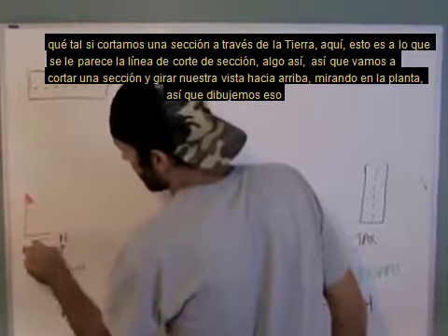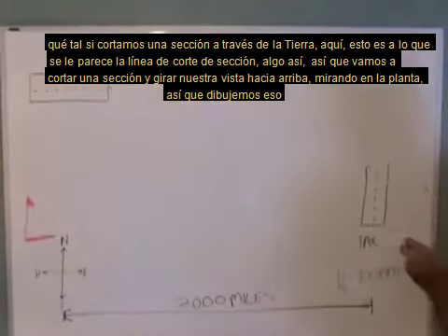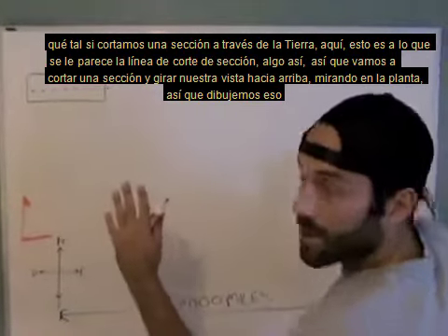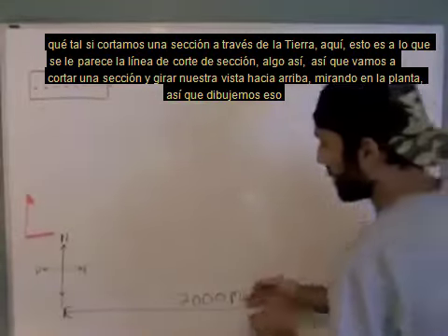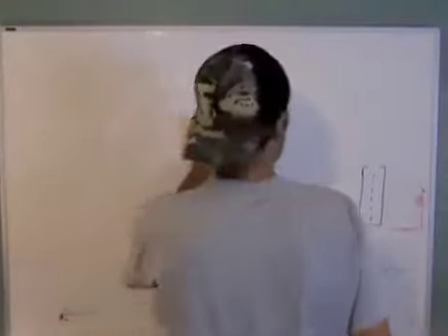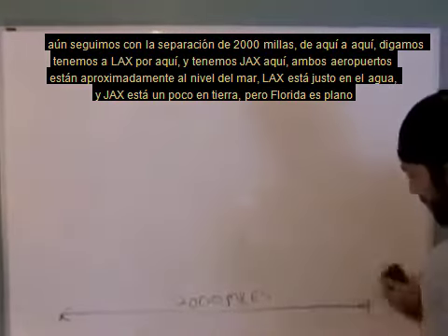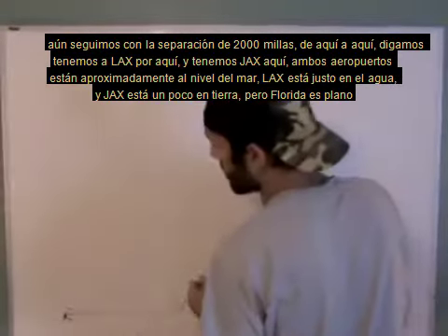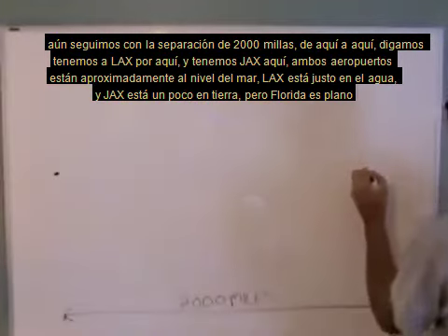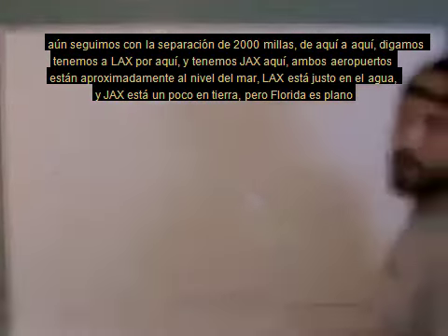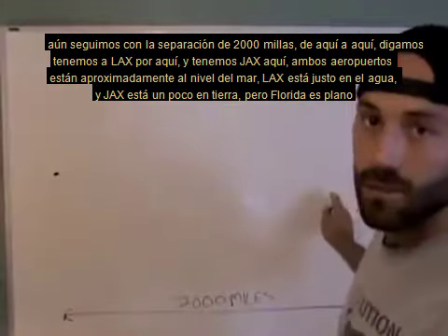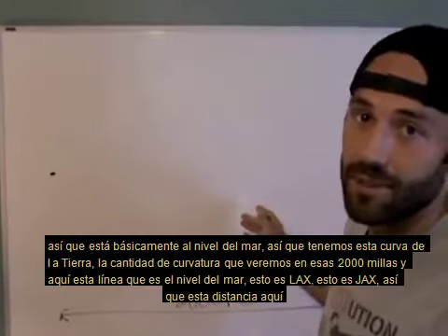This is typically what a section cut line looks like, something like this. Okay, so we're going to cut a section and turn our view up, looking into the plan view. Okay, so let's draw that. Still 2,000 miles apart from here to here. And say this is LAX over here, and this is JAX over here. Both airports are roughly at sea level. I mean, LAX is right on the water, and JAX is a little bit inland, but Florida's flat, so it's basically